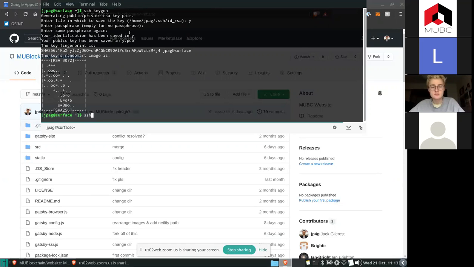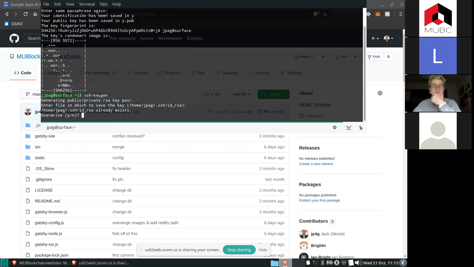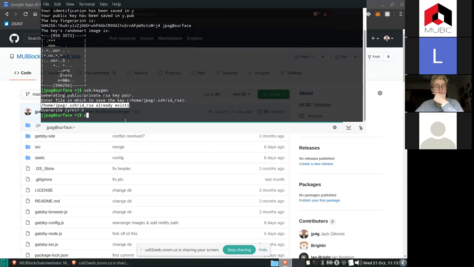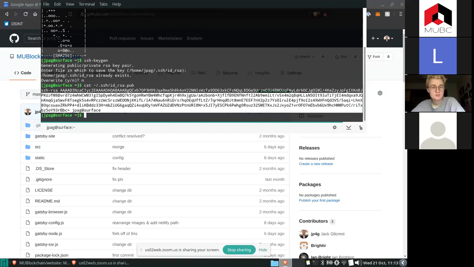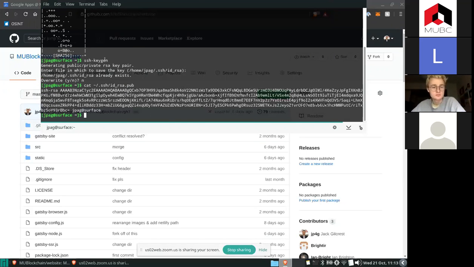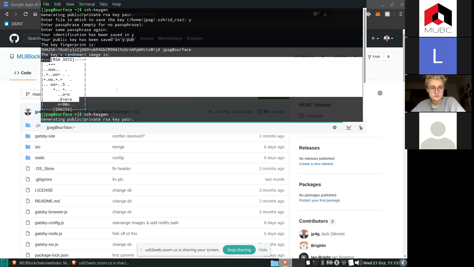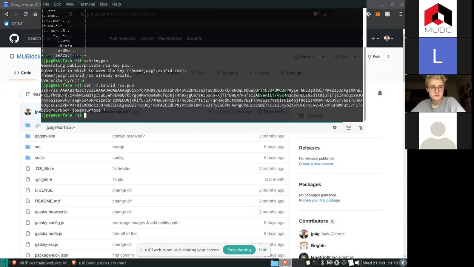If I do ssh-keygen, there it goes. So that already exists, so I don't want to overwrite it. You can do cat on the .pub file. Grab that string right there. And if you can't find it at this file or at this URL, then you need to run this command until it gives you this. But then you take that,